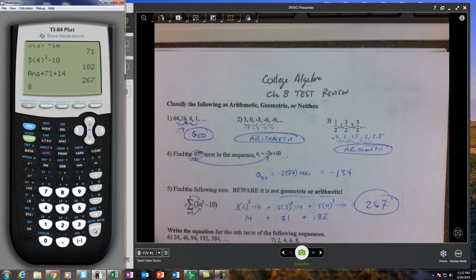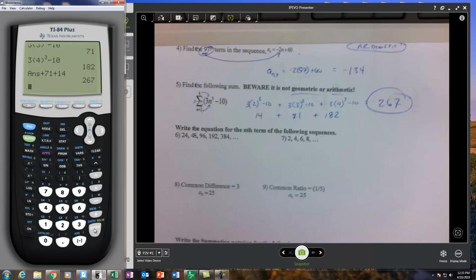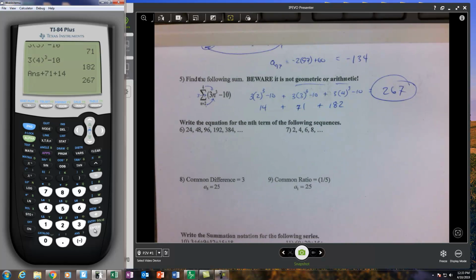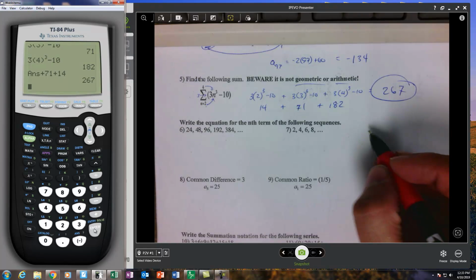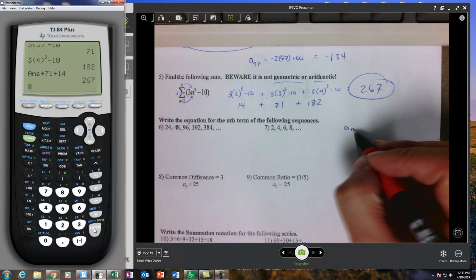Okay, so again, if you know how to do this by some other method, feel free to use that other method. It's totally okay. Alright, now when we get to 6, 7, 8, 9, you're asked to write the equation. Now over here I'm going to write my couple of options. If you're using arithmetic,